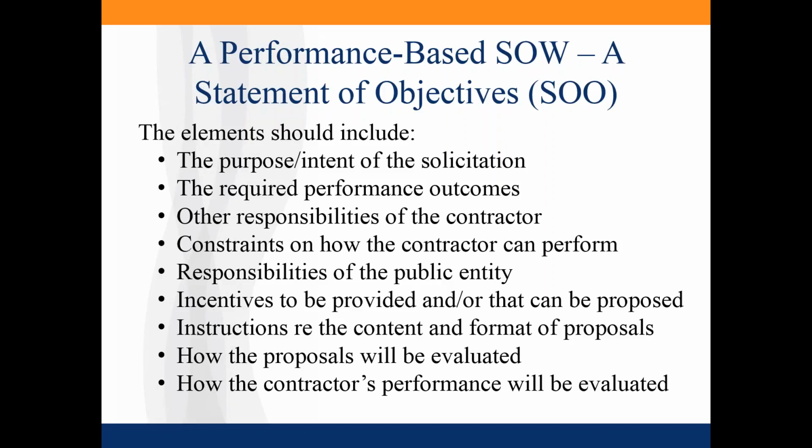You might want to say we want to reduce greenhouse gases, but to the extent possible and practical. You get the idea. We could keep going, but that's the idea. And then you go into other responsibilities of the contractor. Okay. Now, in this other responsibilities section, you have moved from asking the prospective contractors to tell you how they